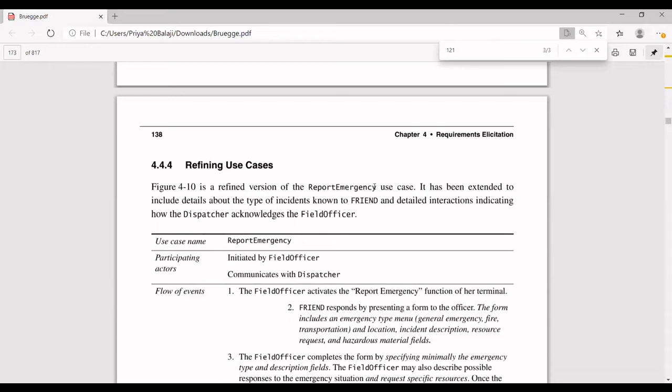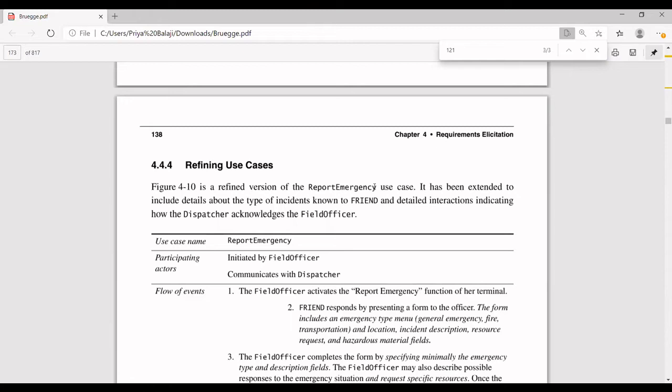So how many use cases can there be? You can have any number of use cases. But if a use case has more scenarios, then you can divide one use case into one or two further use cases in order to reduce the complexity of understanding.